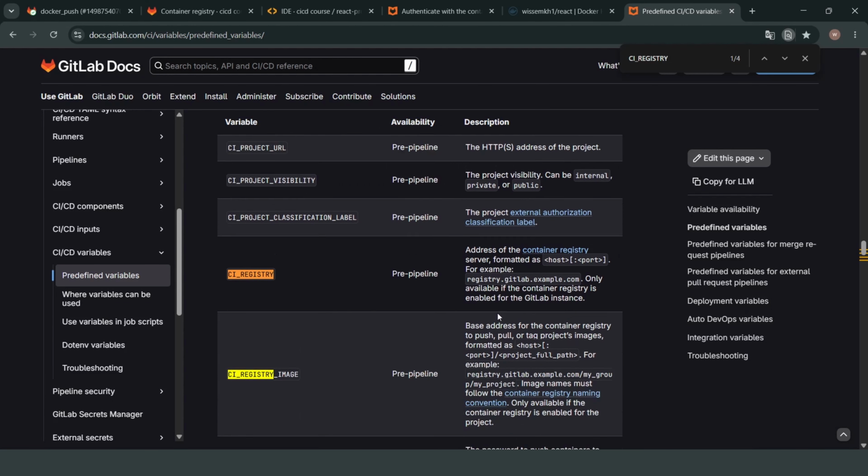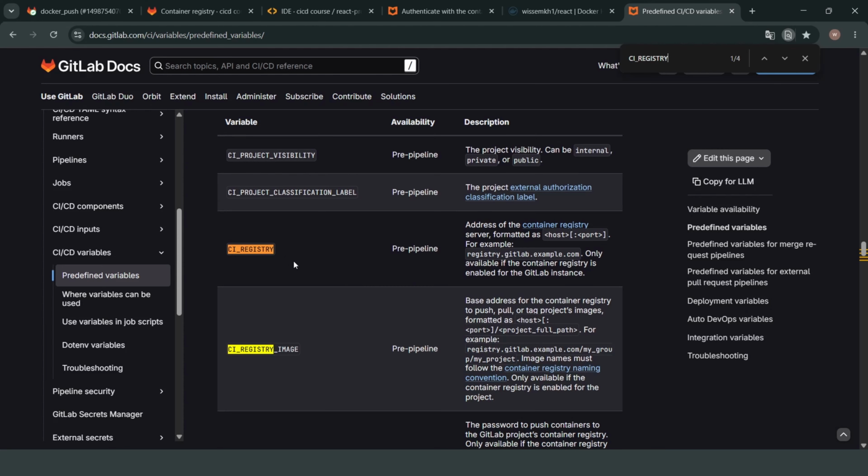So here in the description, we find that the CI registry has the address of the container registry server. And the CI registry image is the base address for the container registry to push, pull, or tag projects images. So before pushing the Docker image to the GitLab Container Registry, we have to tag the image with the CI registry image,